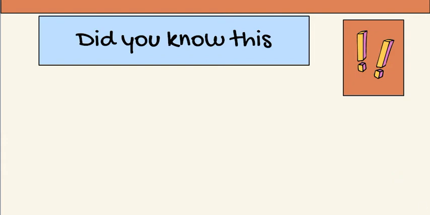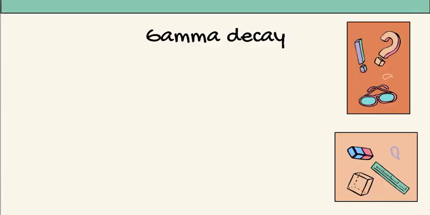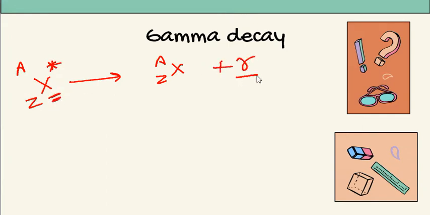Okay. So next we are going to deal with gamma decay. What do you understand from the process of gamma decay? It is the process of emission of a gamma ray photon during radioactive disintegration of a nucleus. When does it take place? After any kind of decay, like alpha decay and beta decay, gamma decay takes place. We indicate it as AZX gets converted to AZX star, the higher energy state, to the lower energy state plus a gamma ray photon.